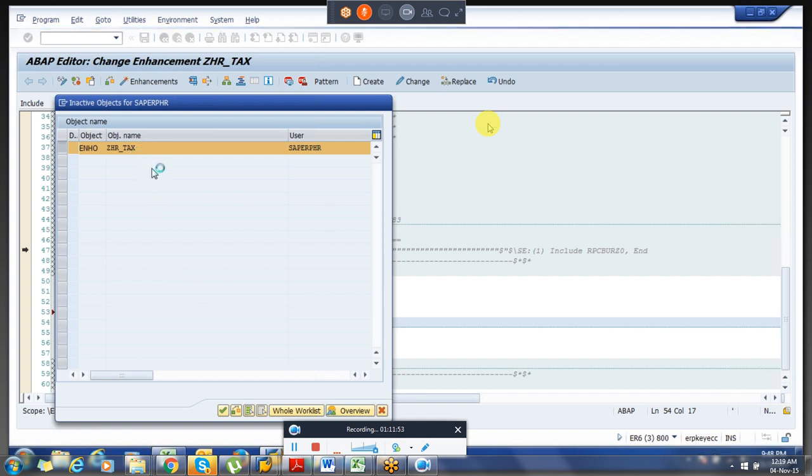So ZHR test 2 is the include within this enhancement, and this ZHR TX consists of a form which was created within the PE04 form.